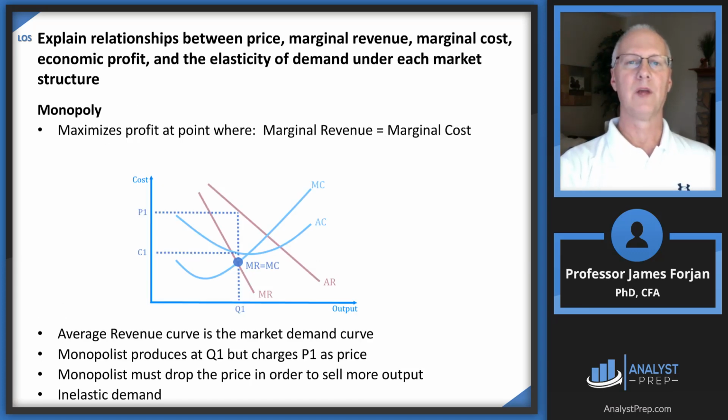All right, the next LOS asks us to explain the relationship between and among all these things that show up on an illustration that measures the relationship between output and the cost and dollars of that output. And so notice on the horizontal axis there is a Q for output, and then there are dollars going up the vertical axis. And so under all of these firms,